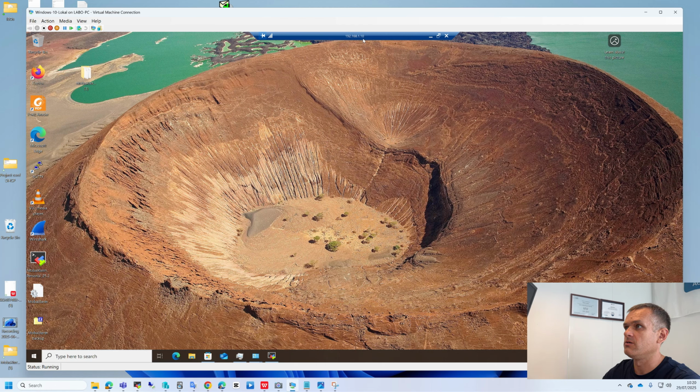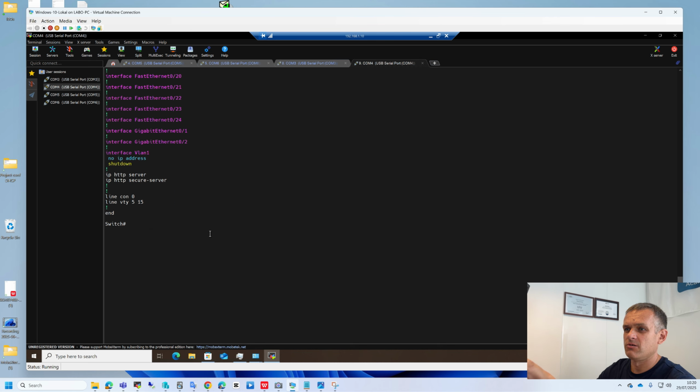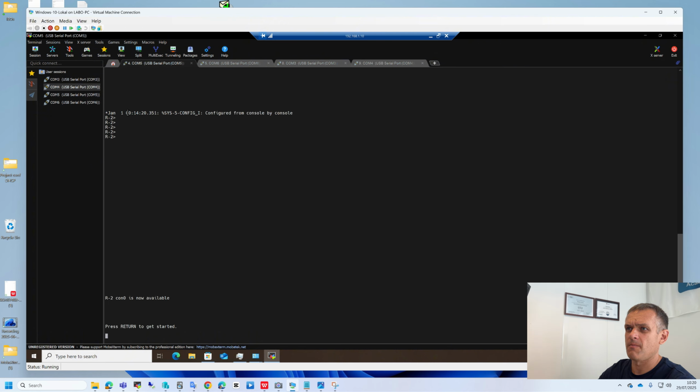Here you can also see this RDP connection to that PC from network 1. And to this PC are connected all 4 of my devices: COM5, COM6, COM3, COM4. I named all of these switches. No, this one I forgot. This is R2,